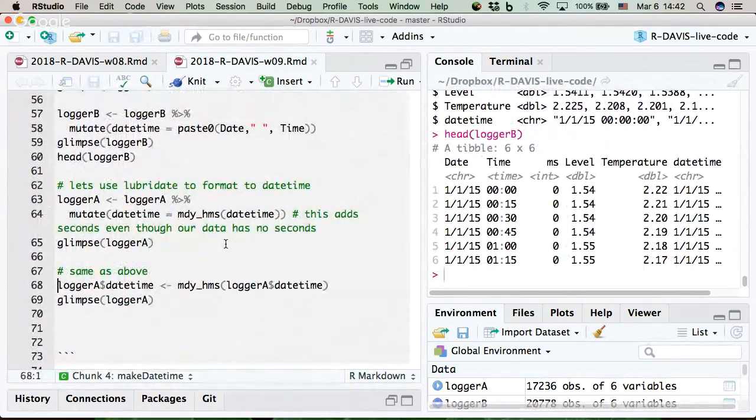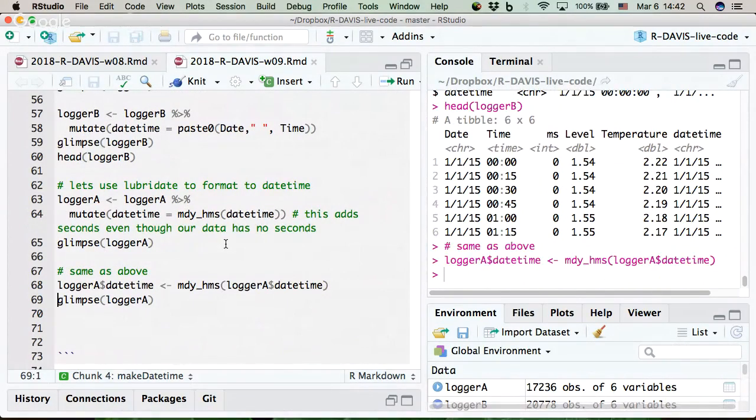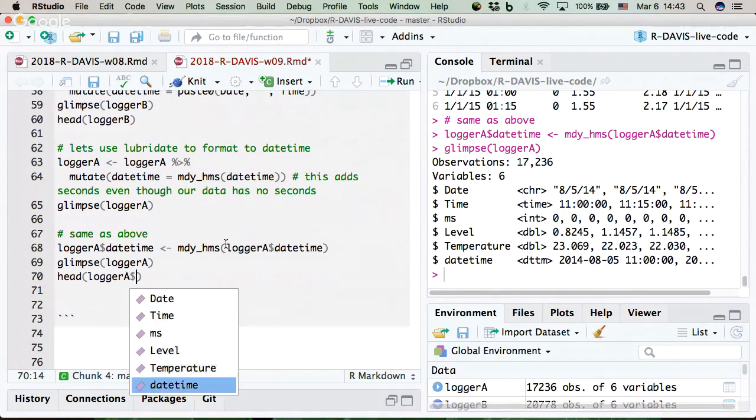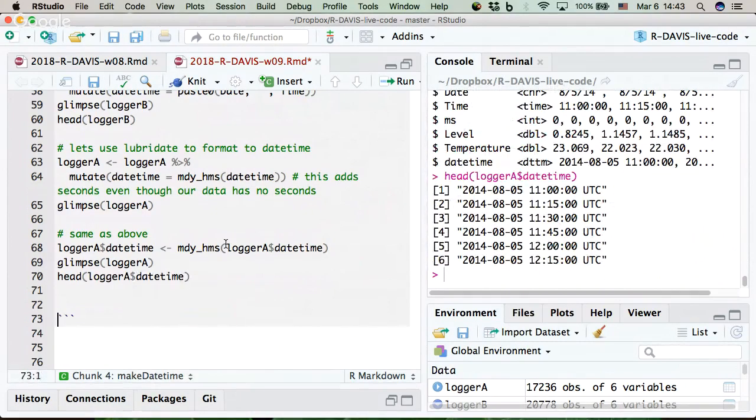Now, logger A, date time, month, day, year. There we go. That is much better. So let's look specifically at date time. There we go. Notice that it has added universal time. So UTC is the default. If we wanted to add a time zone,